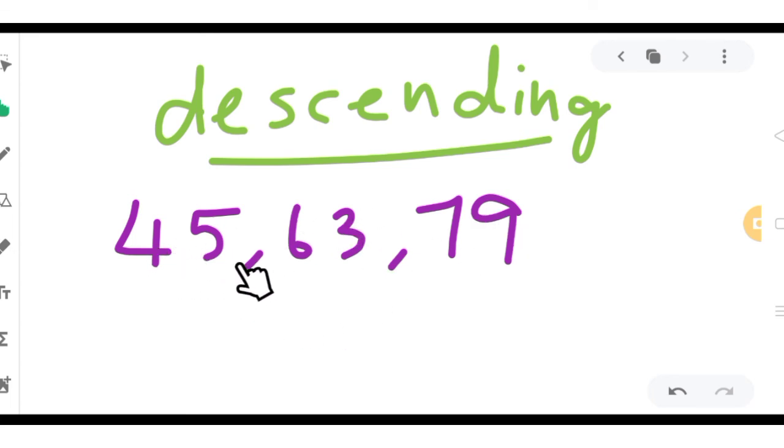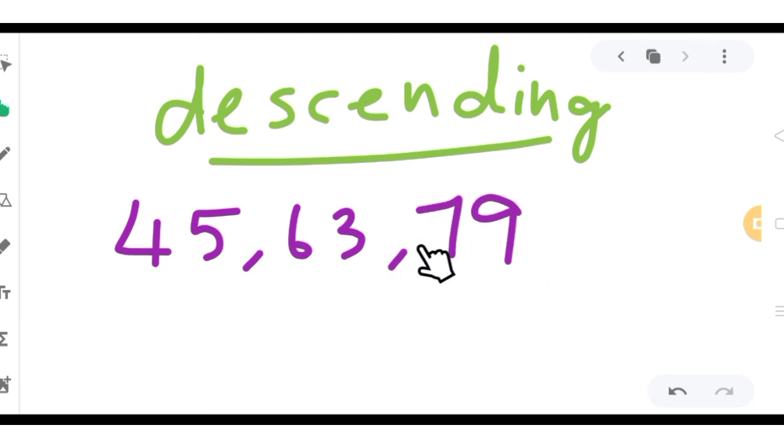So you all know the places. In 2 digits we have 2 places. What are they? Ones and tens place. So here they have given 2-digit numbers. So now what we have to do, we should see the first digit in each set of numbers. Okay, so what is the first digit here? 4, 6, 7. When we compare these 3, which is the biggest? 7 is the biggest, right?